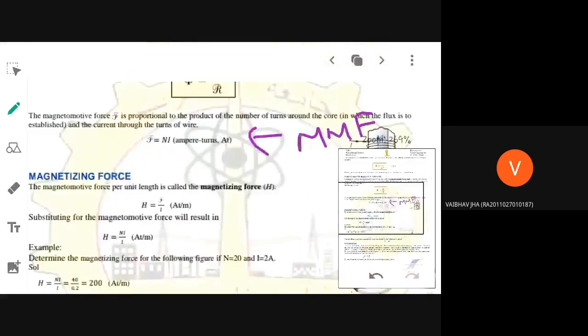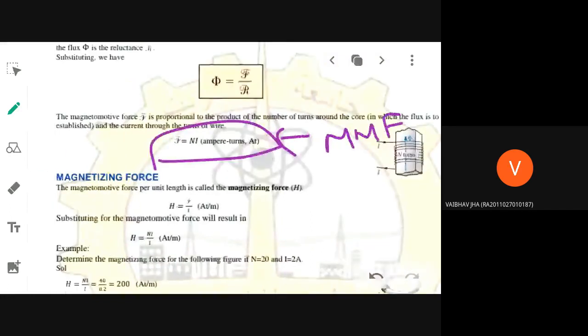So already I have told you there is an MMF, which is equivalent to EMF in your electric field. That is magnetomotive force. Ma'am, what is the formula given? Did you discuss reluctance? L divided by mu naught mu r A. That I will derive, and after that I will tell you again. I have not yet derived it. Let me derive. So this is my MMF.